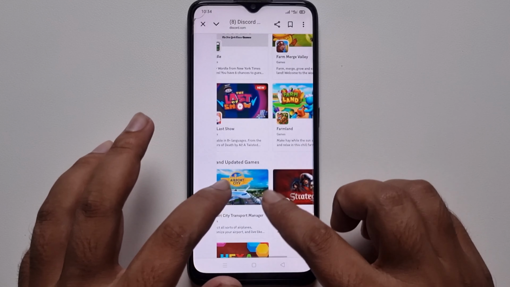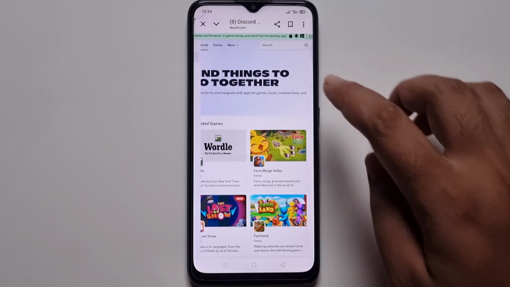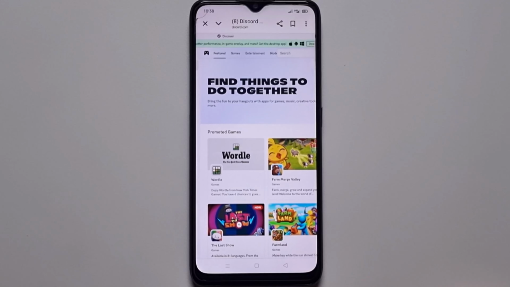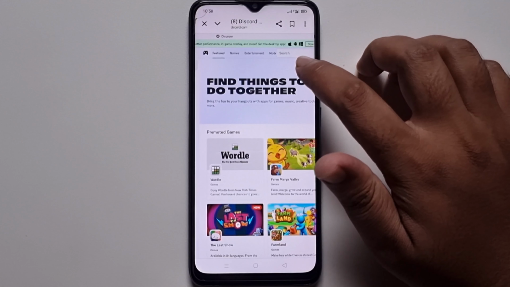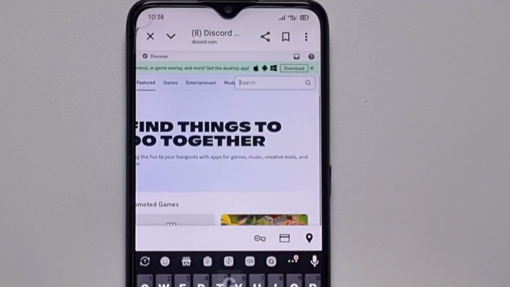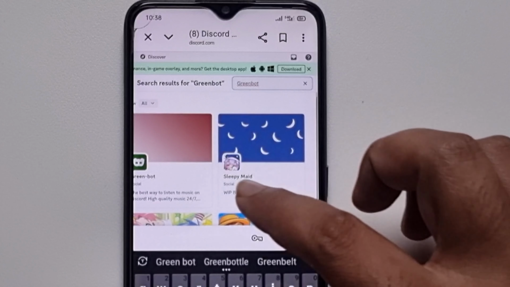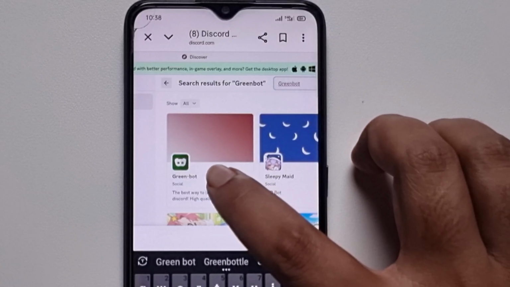Okay, and I get a search option. Okay, go to the search option, search for Greenbot Go option, then you get this option, select it